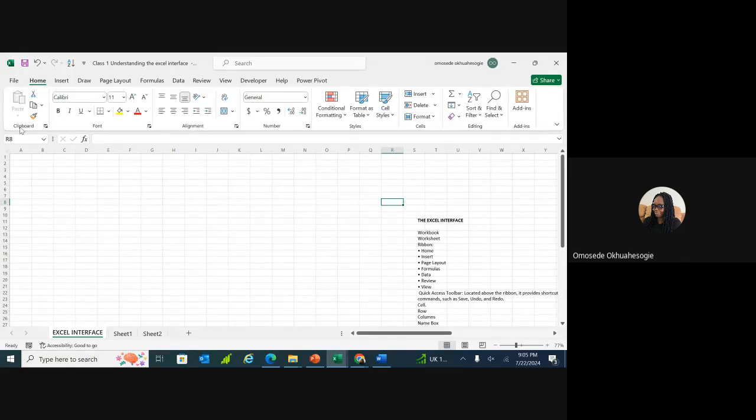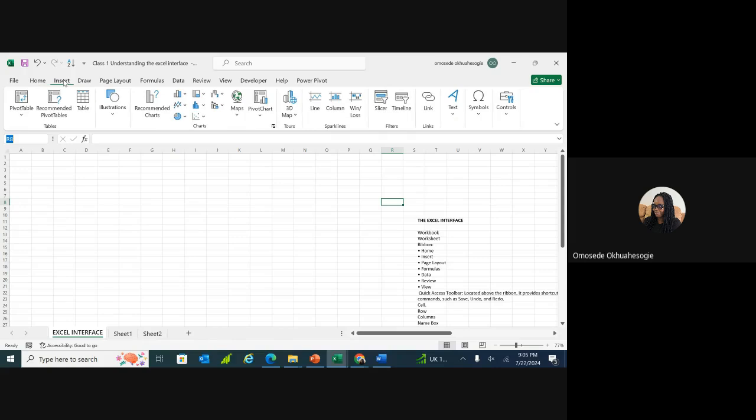This clipboard here, this place now, is a group. Font here, where you edit your text, this place here is a group. Alignment here is a group. Number is a group. Same thing for the other tabs. These tables here is a group. Chart is a group. So why it's good to understand this is, maybe sometimes you might not know where to